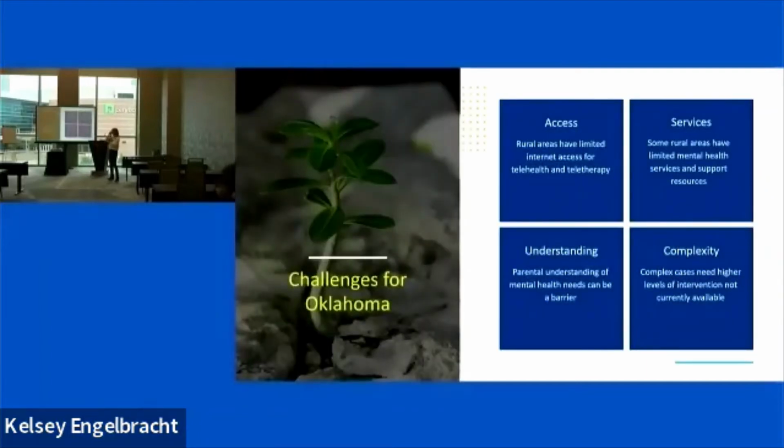Here are a couple of interesting news. Speaking of challenges in different states, here are a couple of things that we found, and we kind of knew a couple of these. One, parents don't really understand mental health in a lot of ways generally. We have some understanding, and it's getting better, but really working to lower that stigma and raise that knowledge base, right? It's something that the primary care providers indicated as a need. Also, the complex cases, when you do have a need for a higher level of care, we are struggling. We send a lot of them to Texas, and then they're far away from their family. So what good,